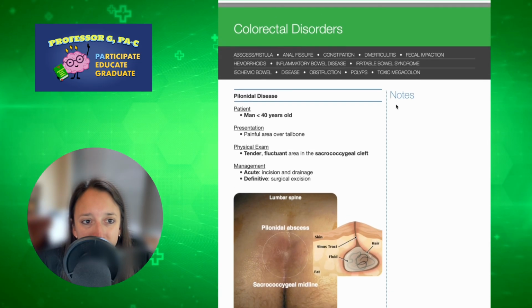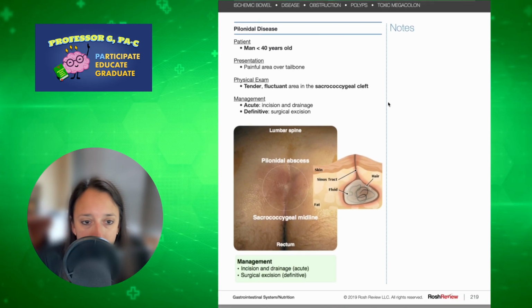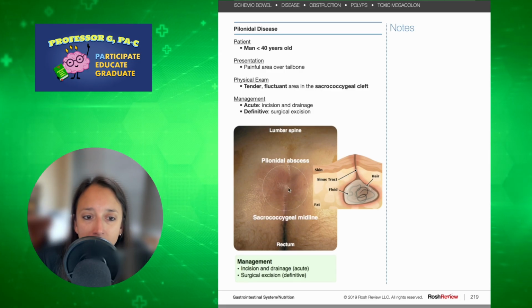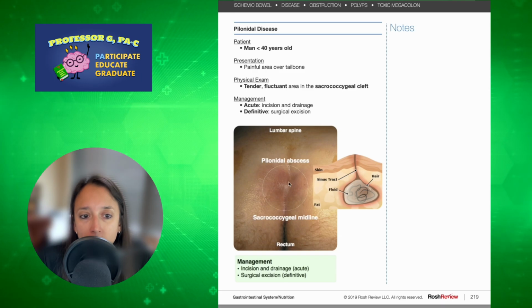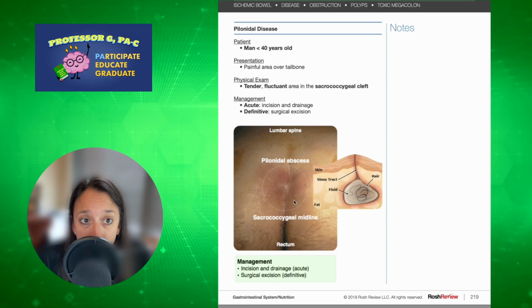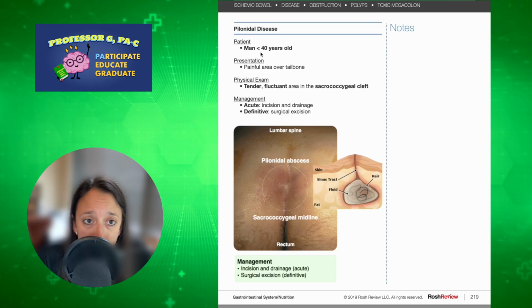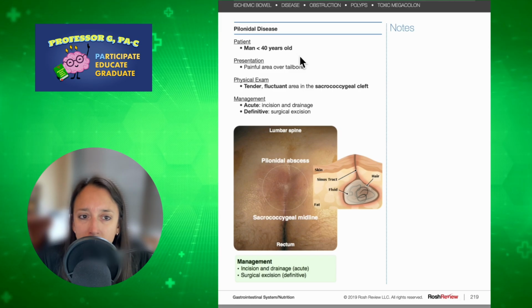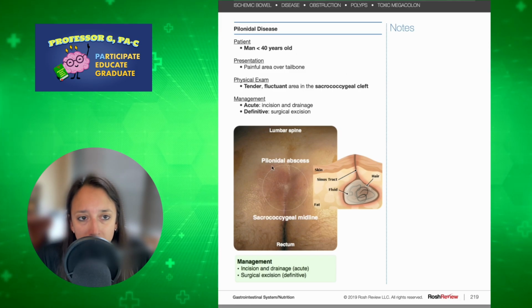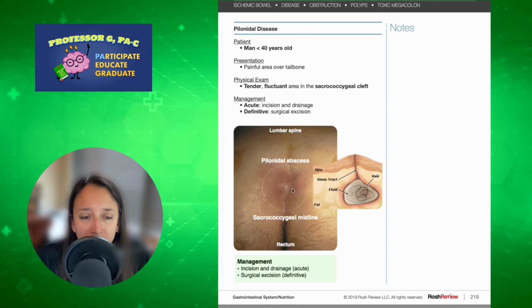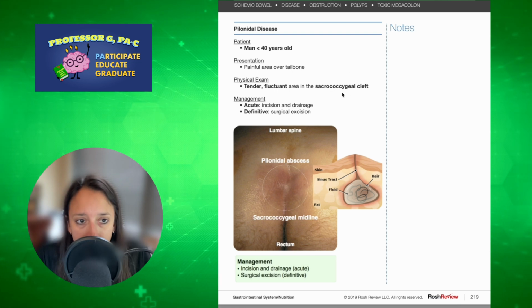So let's move on. We're going to start first off with pilonidal disease. So the pilonidal area is at the gluteal cleft, which you can see is at the top of where the two buttock cheeks meet. And this area is where we will see pilonidal cysts or abscesses. We often see pilonidal disease in men, but it can happen in both men and women, and we see it in people less than 40 years old, so younger people. And they'll have this pain over the tailbone area, and it'll be tender, fluctuant, and it's called the sacrococcygeal cleft